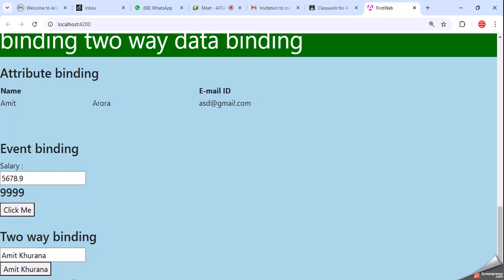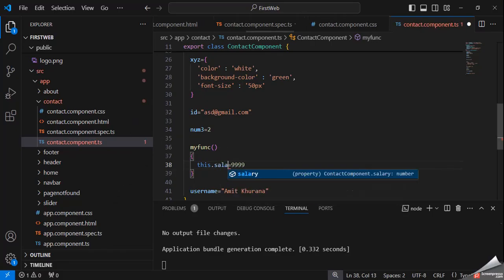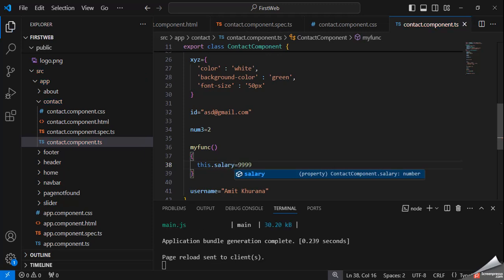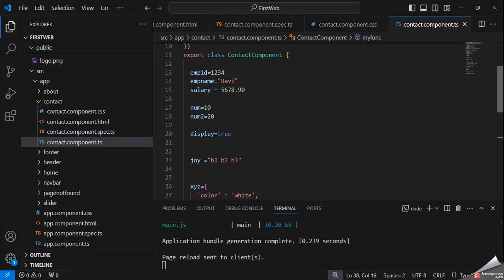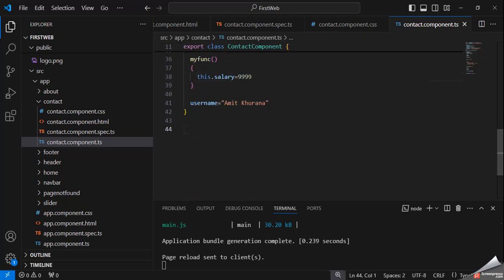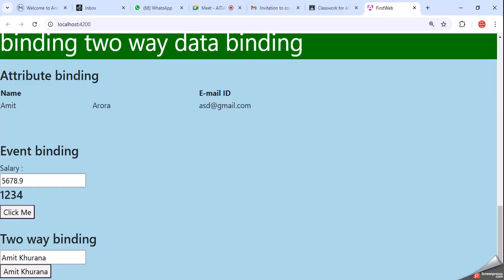But this is employee id actually. We need to change the salary. So here declare this dot salary, and the salary value is already declared here as 5678. We want to change it. Then click here, and you can see this is the salary.